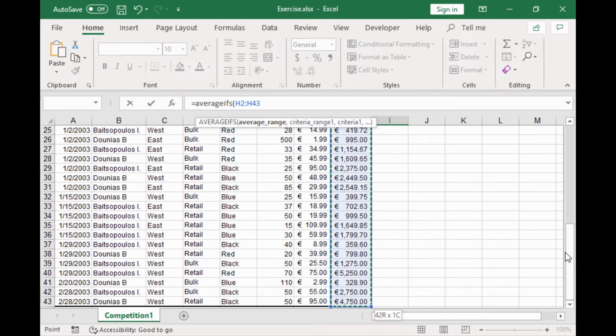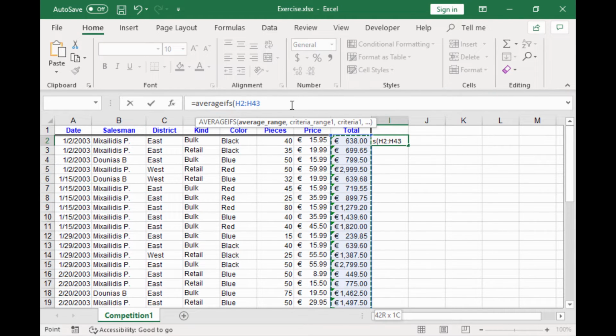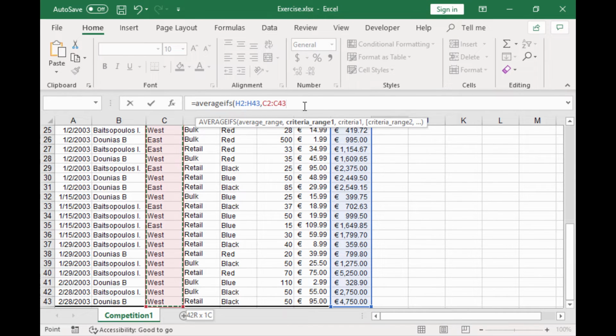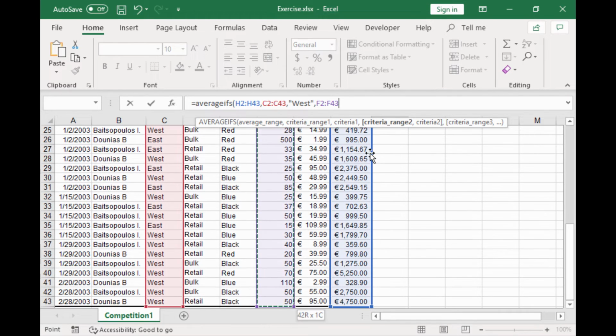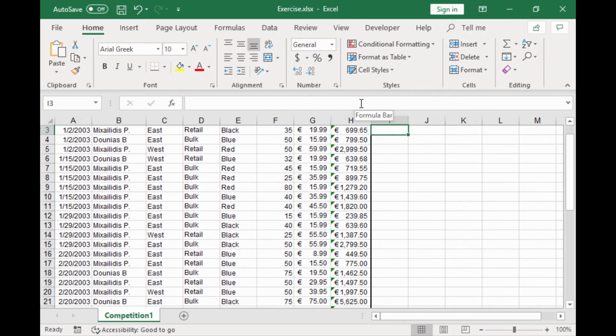Then, we type the pairs of criteria ranges and the criterion each of them has to fulfill. We hit on enter and we have the required result.